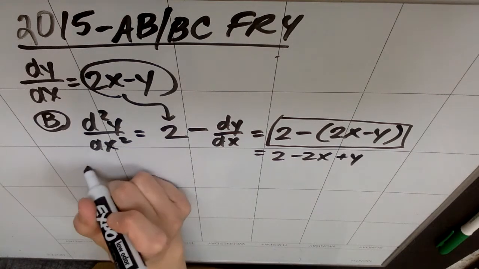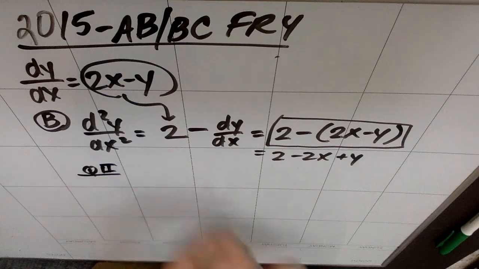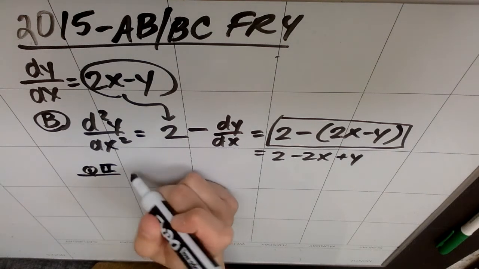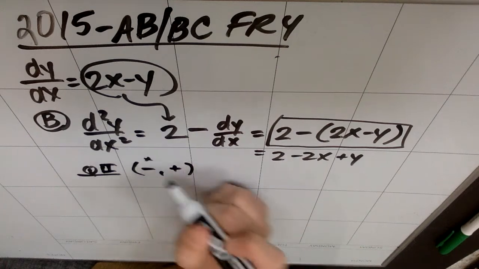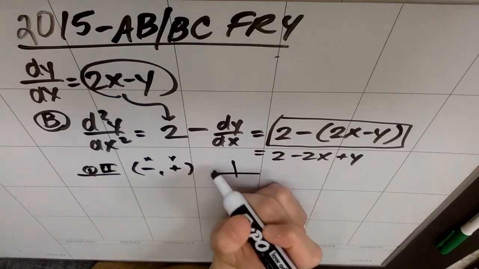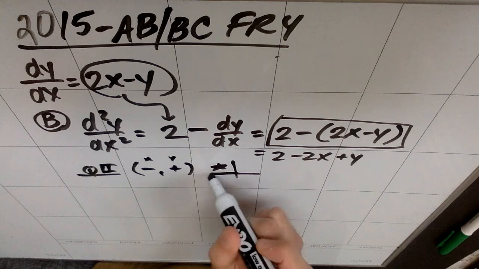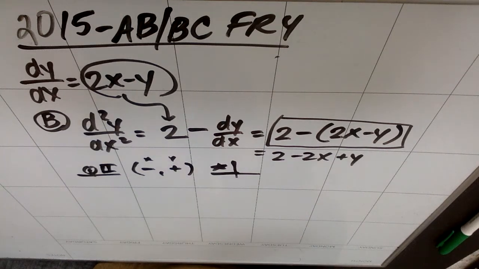So then they ask me about quadrant 2, right? So what I want you to think about is that quadrant 2 is where the x values are negative and the y values are positive, right? So x is negative and y's are positive. That's this quadrant right here. Negative x, positive y. So they ask you to determine the concavity of this curve in